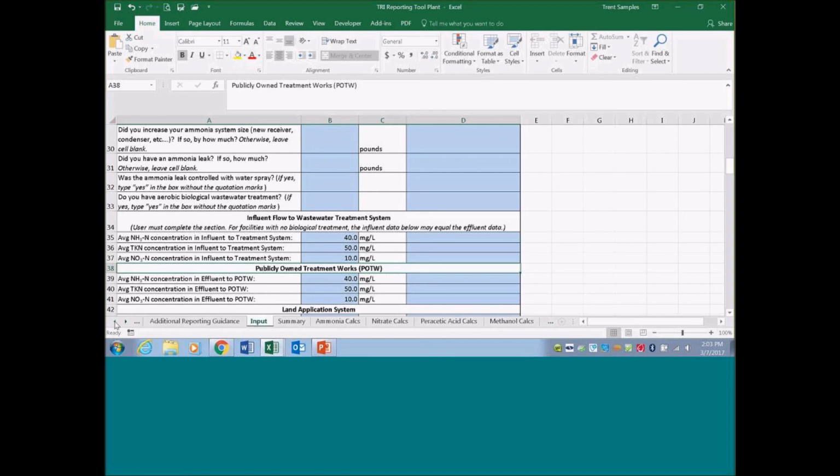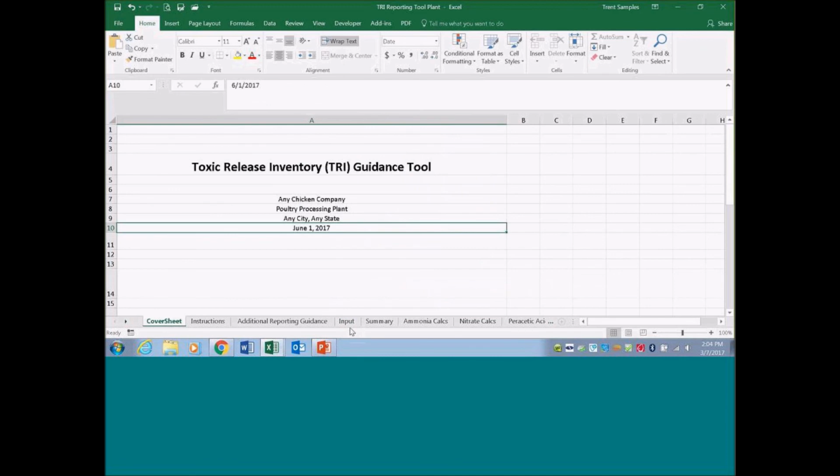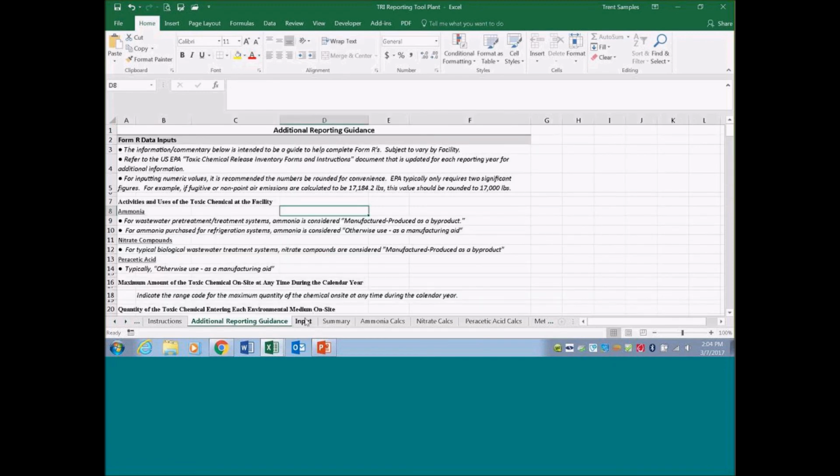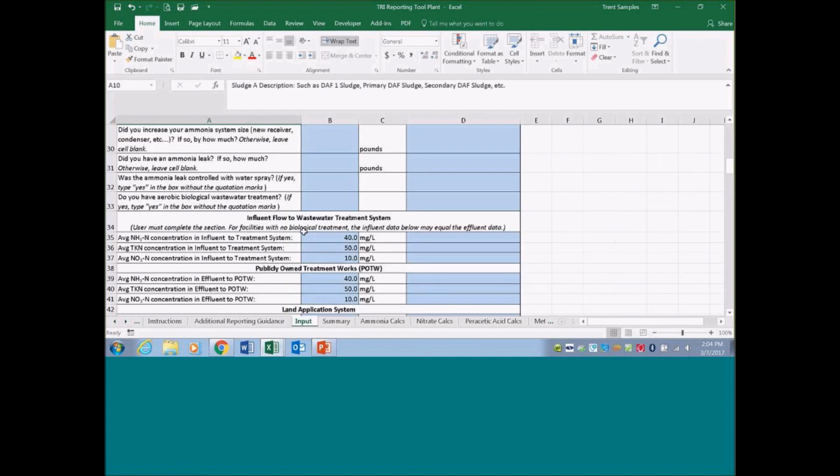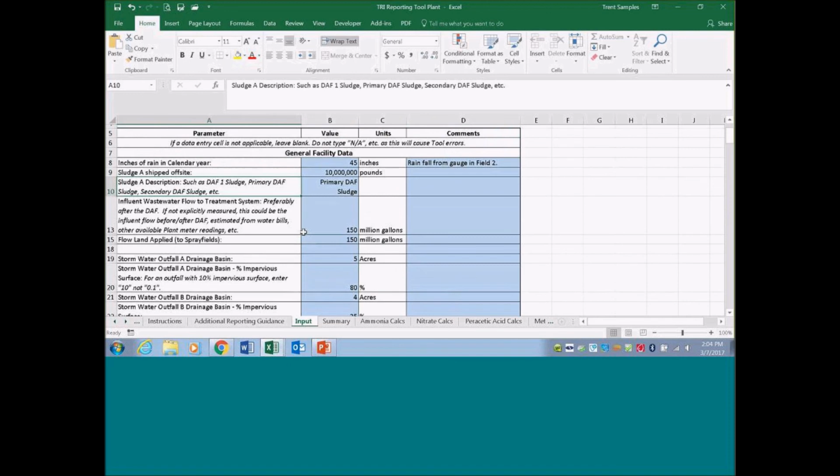You could simply select the tabs that you wanted to print. Let's say I wanted to print the cover sheet, the input tab, the summary tab, the ammonia calcs, nitrate. You could simply select which tabs you wanted and just print what you wanted for your record. So there's the option of doing that. And even if you aren't required to report, you still need to print out records showing that you're not required to report and keep it in your file